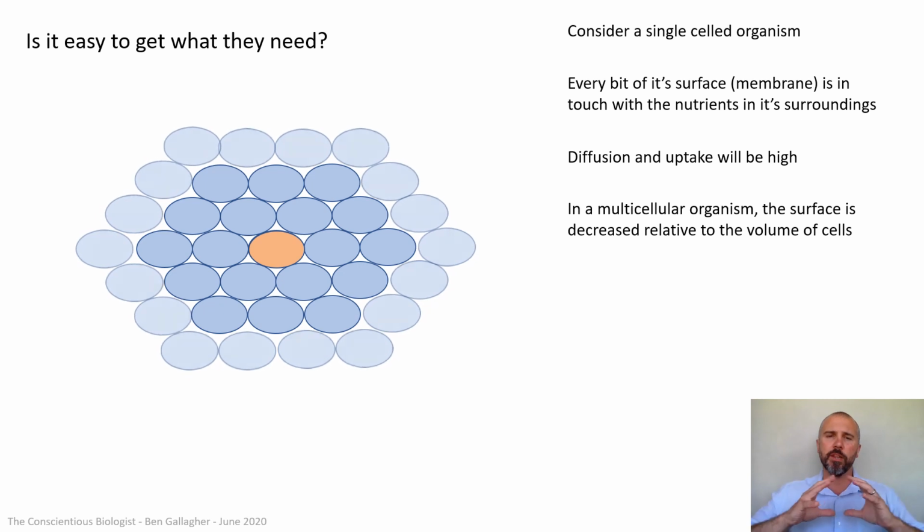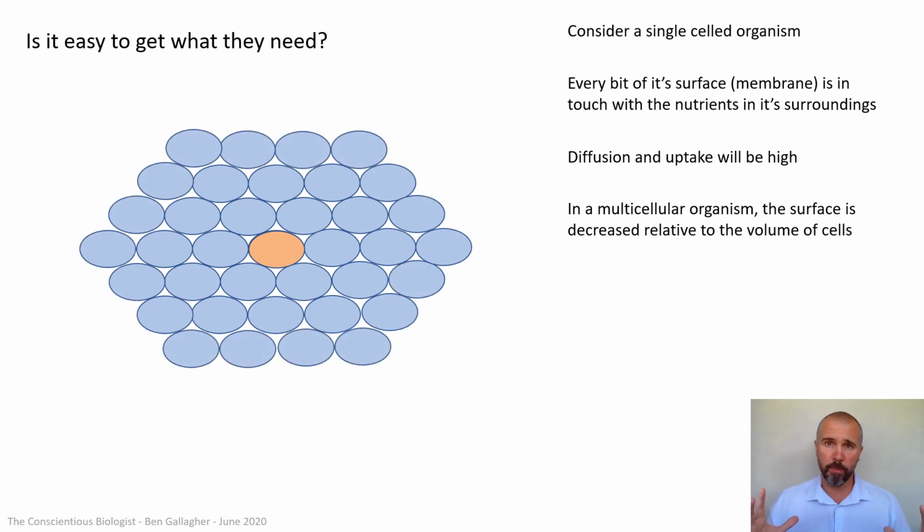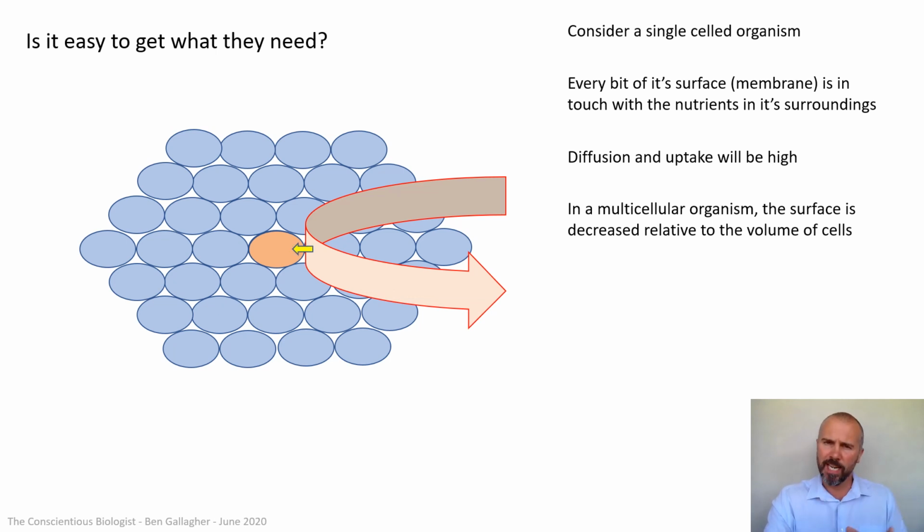It's only going to be those outermost cells that can absorb anything. So for that middle cell to get anything, it's got to go through a lot of cells to get there. That cell in the middle still needs lots of things for protein synthesis, respiration, photosynthesis, mitosis, growth, DNA replication. So how's it going to get there? So this is why in multicellular organisms, you need a circulatory system, some kind of system of transport to take